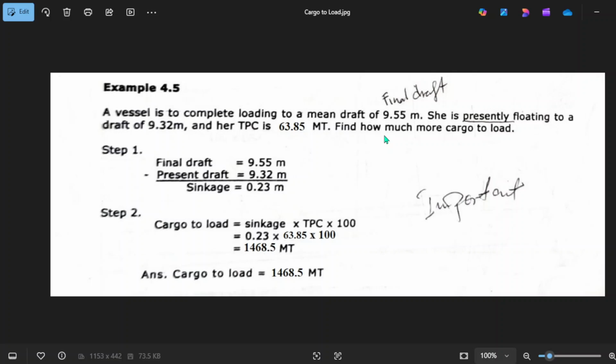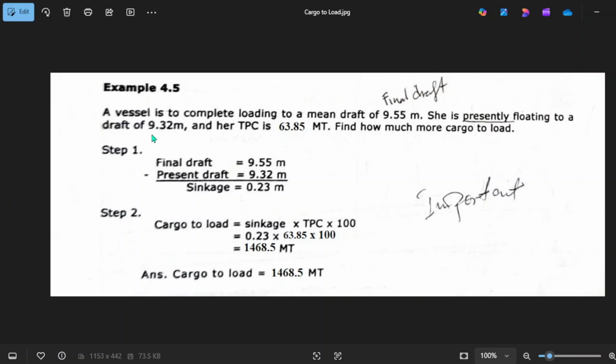She is presently floating at a draft of 9.32, which is your current draft at the moment, and her TPC is 63.85. We have to take this TPC because we will use it in getting the weight of the cargo for final loading.